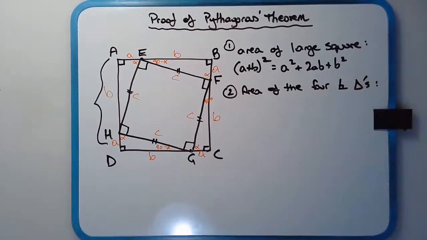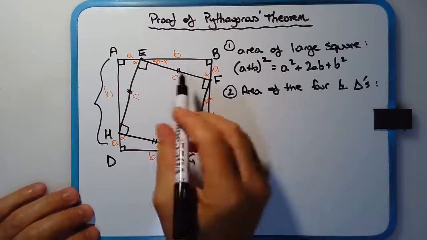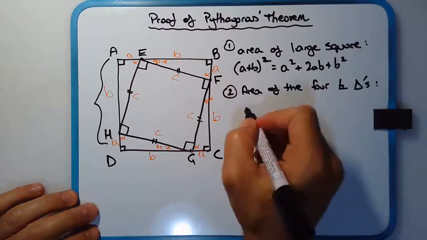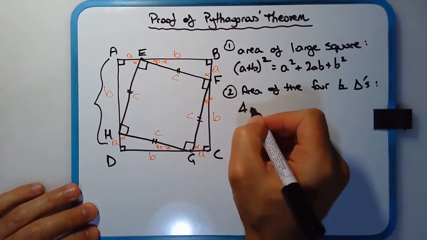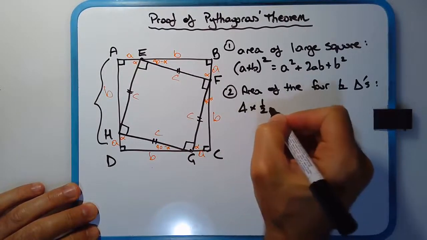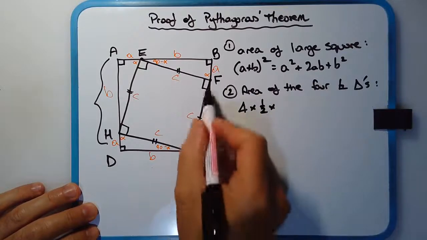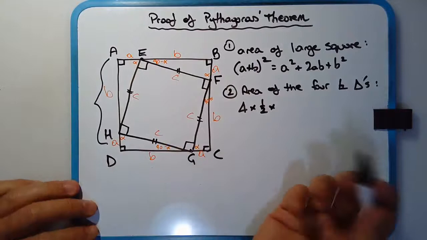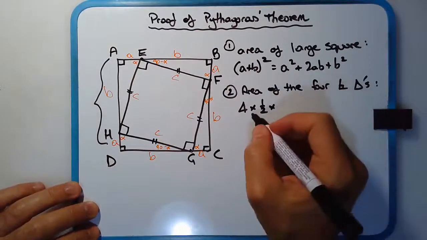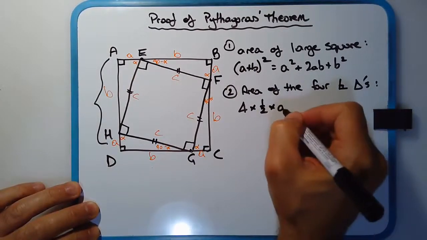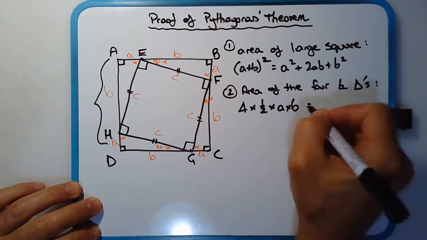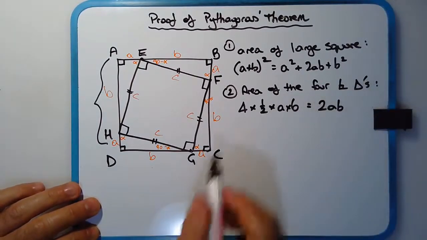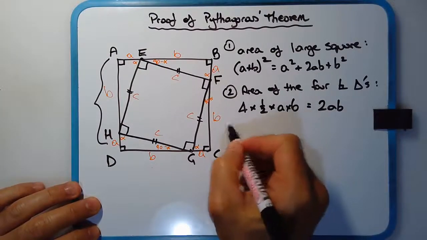Area of the four right-angled triangles. Well, the area of a triangle is half the base times the height. So we've got four of those. So 4 times half times a times b. After all, the four triangles are congruent, they're identical. So 4 times half times a times b, which is equal to 2ab. And the area of the small square